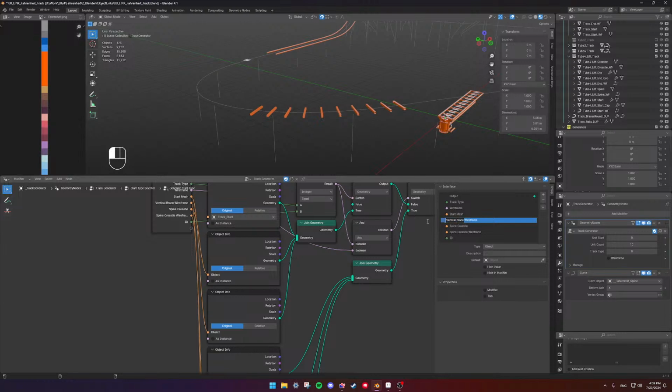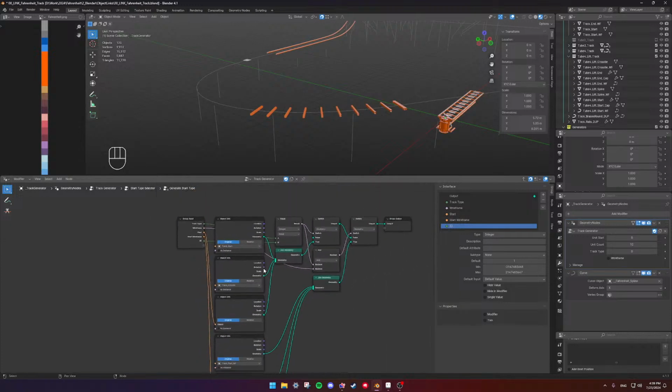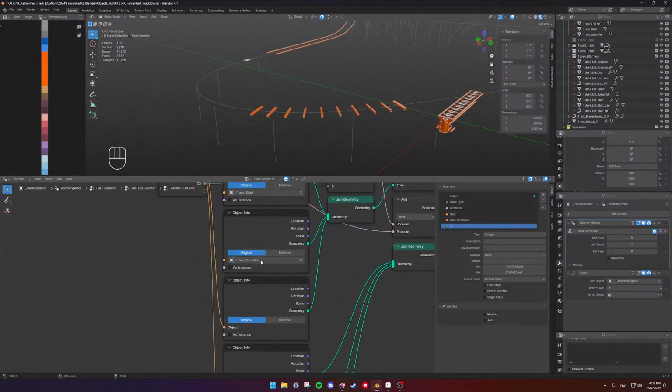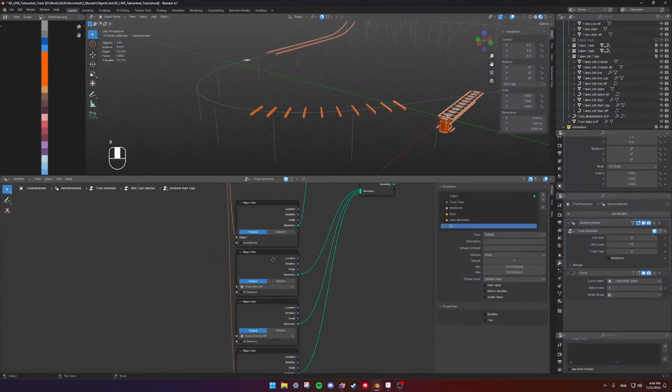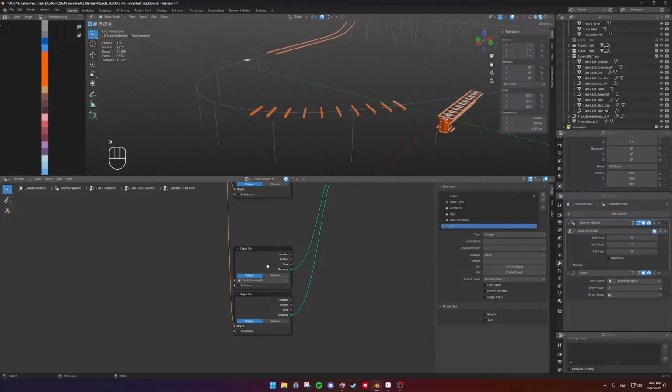Then start wireframe. The mesh part. Let's do start. That's it. Oh, need this. I don't need this. So this to help, this to